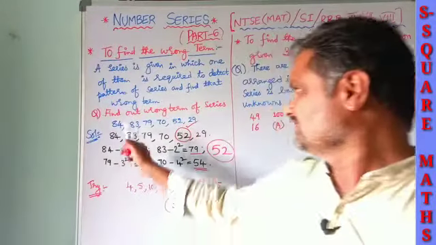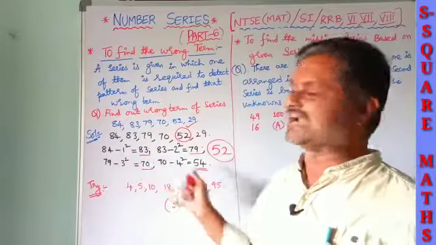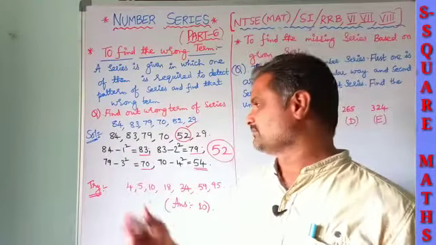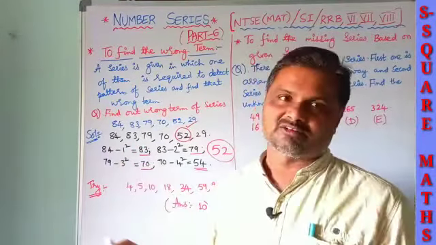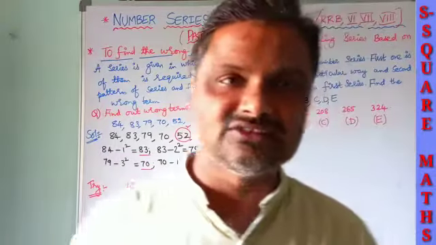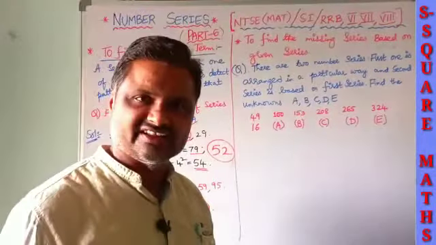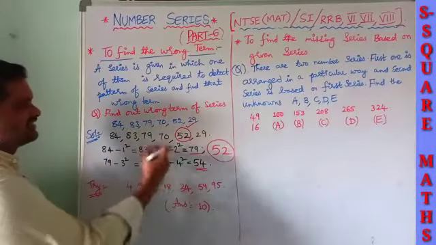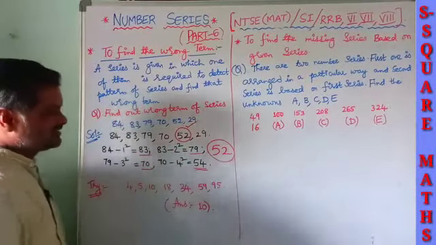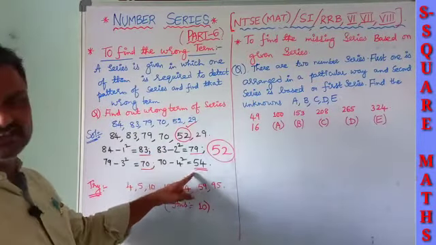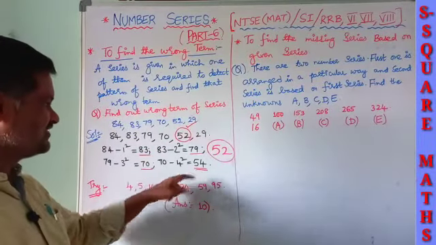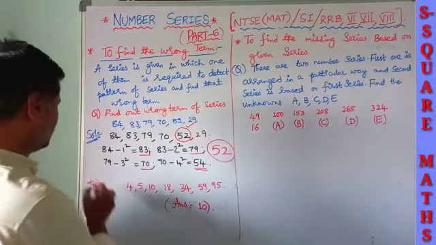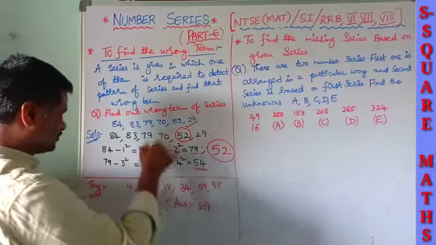So in this way, first of all, you have to pick up which pattern is going on, whether it may be plus 1 square or minus 1 cube or divided by 2 or multiply with 3 square, etc. So I got the idea, so I continued. In this way, the wrong term of the series is 52, hence the correct term of the given series is 54. So with this knowledge, go through this problem.